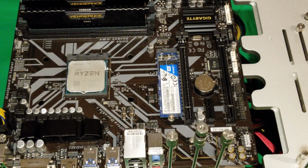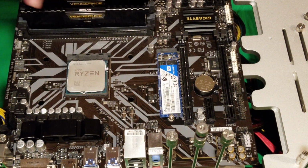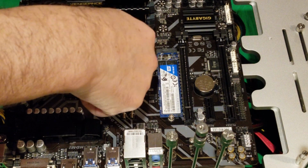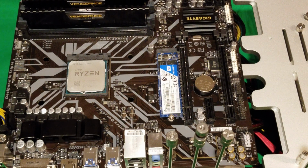And remove as much as you can, especially this little bit. You see where it went on the side there? We have to make sure we clean that all up. Now I use non-conductive thermal paste. When you use non-conductive thermal paste, what that means is it's not going to short anything out, just in